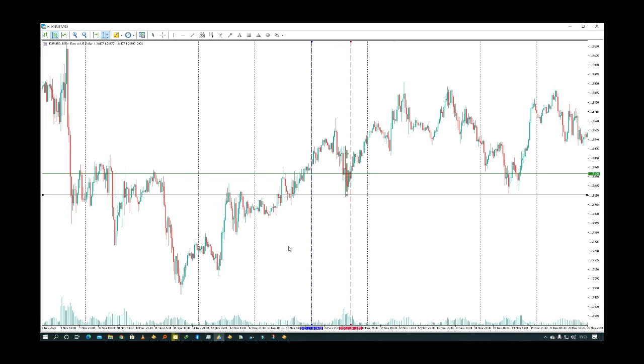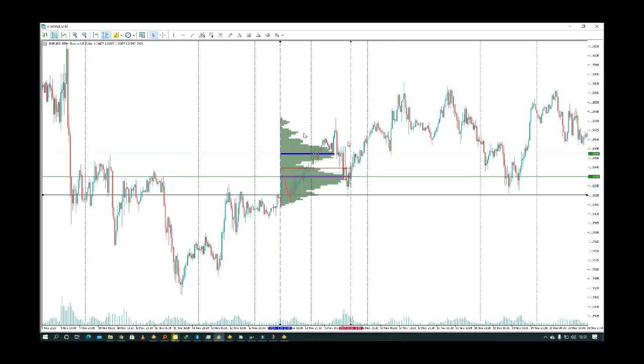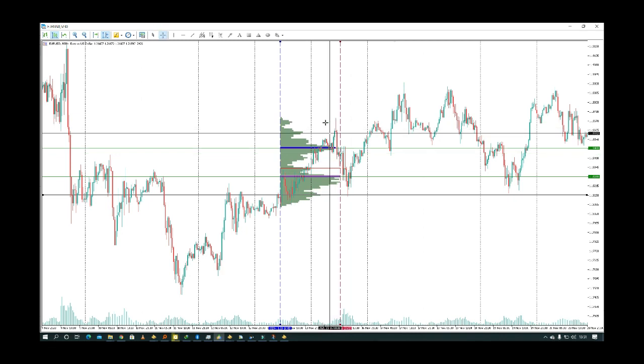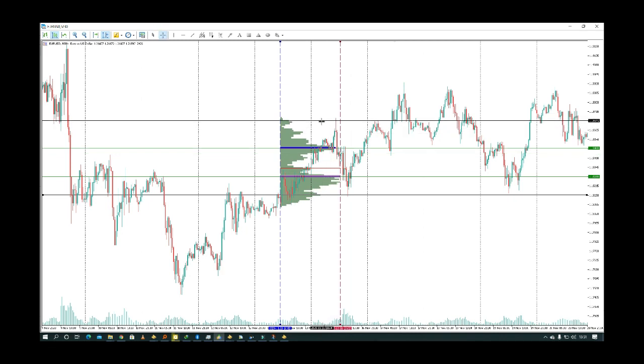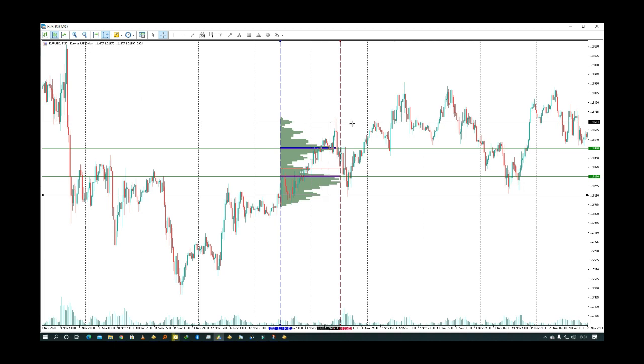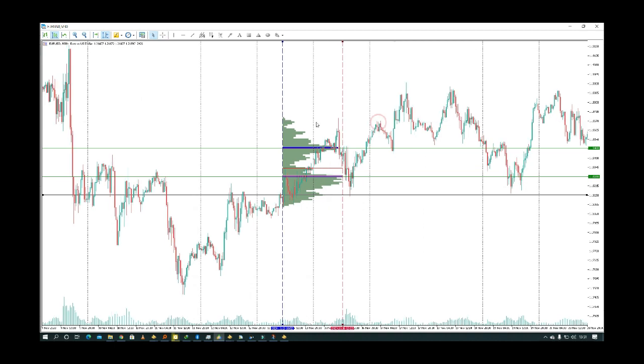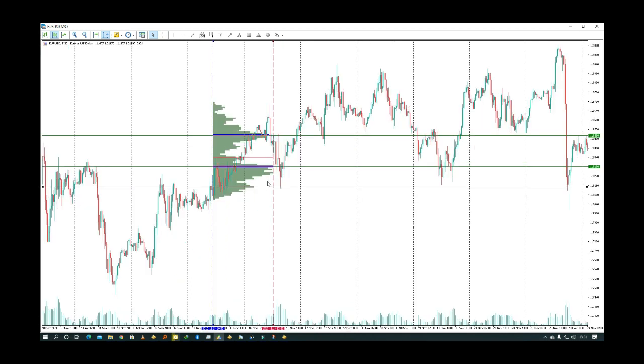So another rejection zone is this one right there. Okay, let's not go too far, let's just check these volumes right there. So we've got this cluster there for this rejection. As you can see, sniper entry there, right? The nice part about this strategy is that you can backtest it yourself. Some people might think that this indicator is actually repainting. So what you actually do,